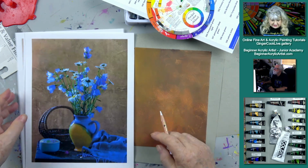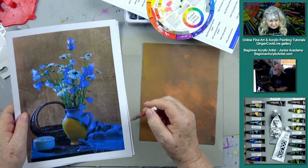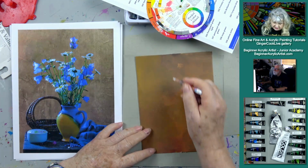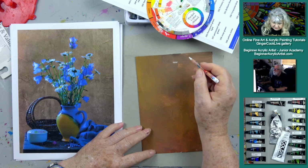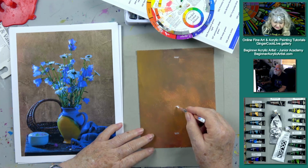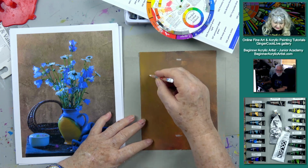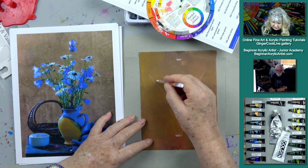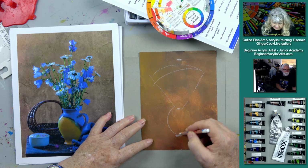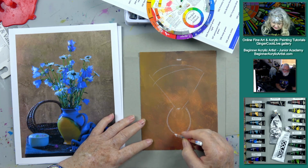On something like this, normally, this is a 6x8 canvas. This would be much better on a long, taller canvas. Does that make sense? So when you have a long photograph like this, you want to say this has got to be the top of my flower and this is going to be the bottom of my vase. So you want to make sure that, and I'm kind of looking at something going like this, right, with the vase, like this. Here's my vase, okay,